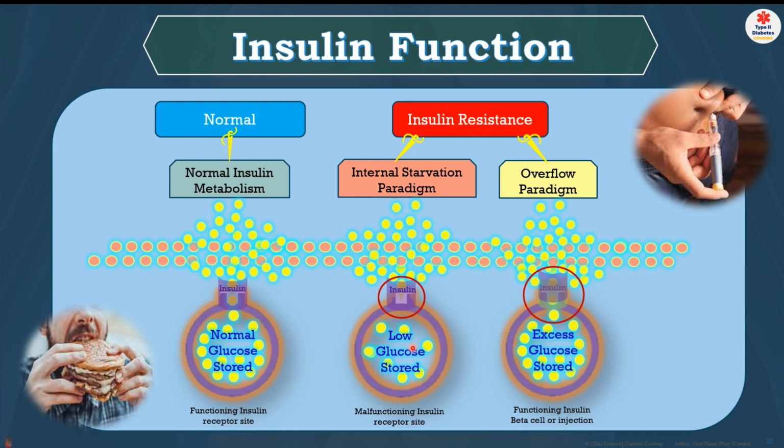Okay? And another one is overflow. Your glucose storage is full because they keep on putting more in. They do the hard work, and the storage over there is full. And now you have too much glucose in the system, and you don't need more insulin, so everything is full. So now all this glucose is let into the system. That's the problem with insulin resistance. Either you have not enough or you have overwhelming, so it's full in your system or it's low in your system, and they cannot go in more.